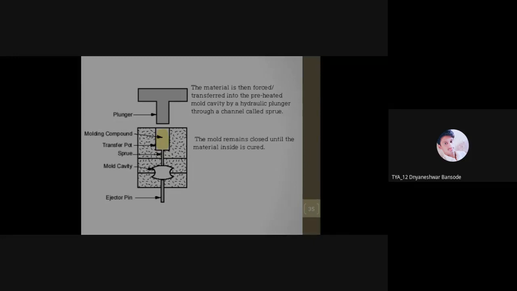Mold box closing and opening. Here also there is a movement of two mold boxes, so this can also be automated. Getting it? Whenever the mold boxes are closed, it is done with a particular amount of pressure or force, what we call the clamping force. So you need a particular level of clamping force, which can be easily managed through automation. So this movement also can be managed using automation.